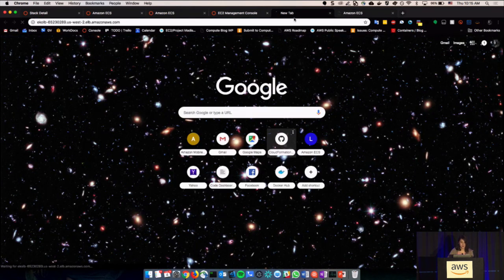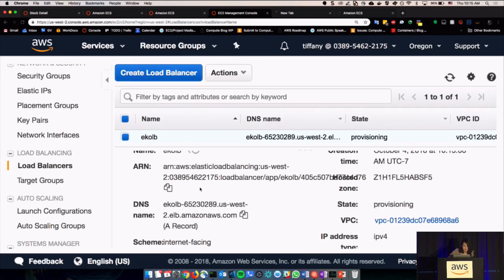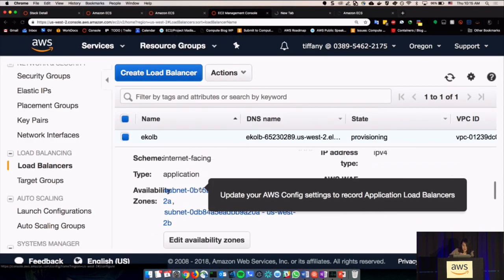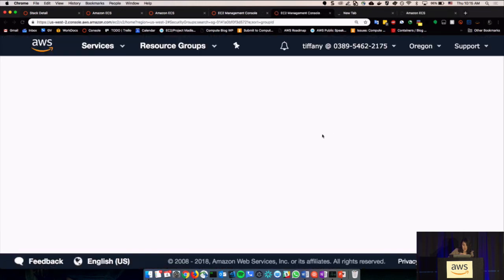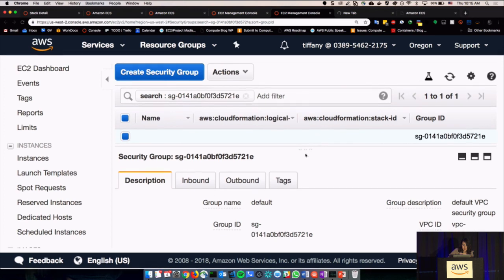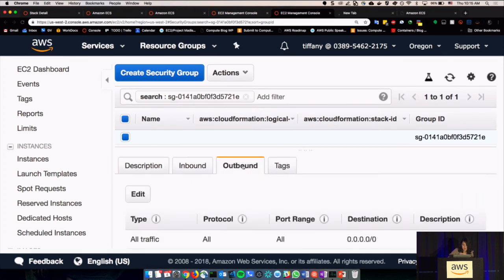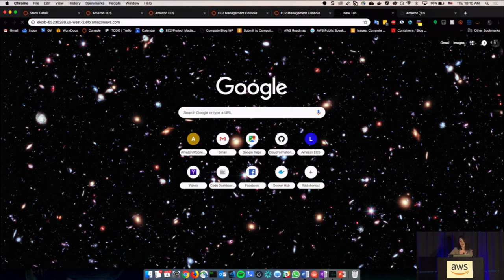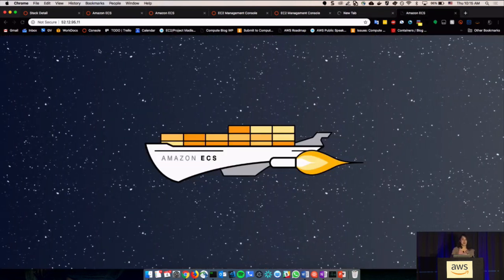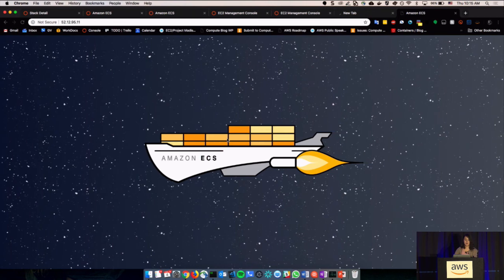Well, I don't know what I did wrong specifically with my load balancer. I believe it might be the security group, and changing that to make sure it has the correct access. If I look at that security group's inbound access, outbound, yeah, we'll have to debug that later. But if you look specifically at it, you can see that it is running.